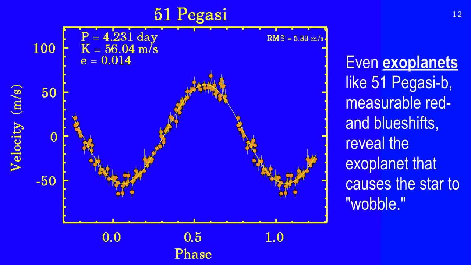Now, the complication in all of this is, what if the orbit is tilted with respect to Earth? So here's this folder. If this is the orbital plane of the planet and you're looking straight into it, you'll catch maximum Doppler shift on either side. But what if the orbit is tilted like this? Then you're not going to get the maximum. Or what if it's tilted